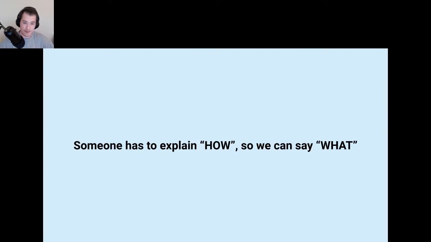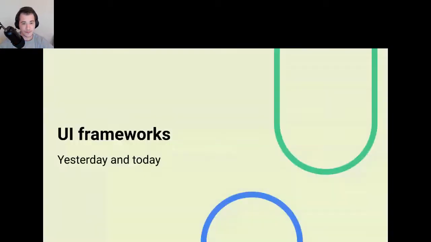Why is it so? It's because we need programmers to produce the next step, right? Someone has to explain to the processor or to a lower level language how to do it. So you don't have to do it. You can just say what you want to achieve. Someone has to write this reduce function or plus operator in C++ to perform these processor operations and translate it to assembly languages. So that's a brief history to understand where we are coming from, right? All of this is just an abstraction.